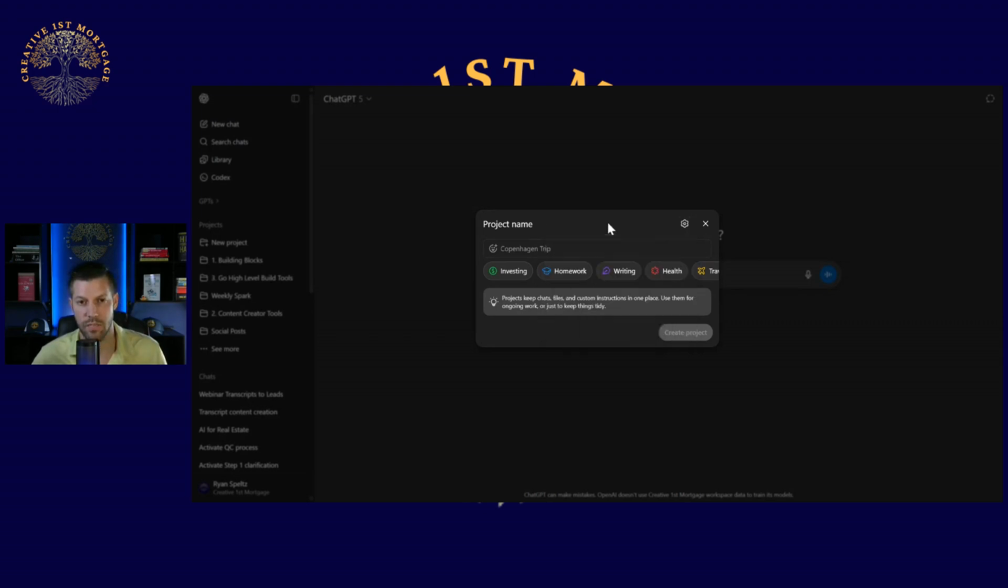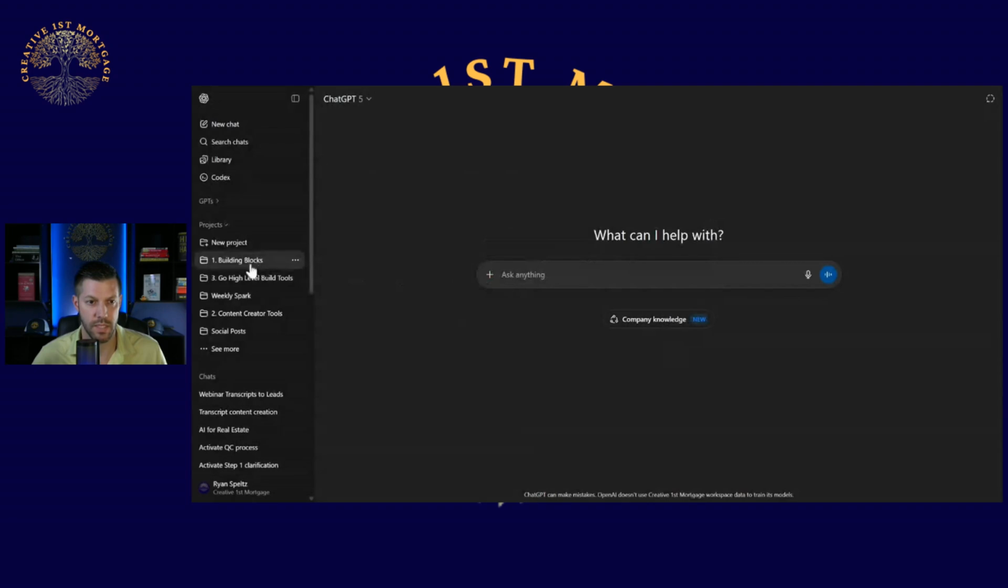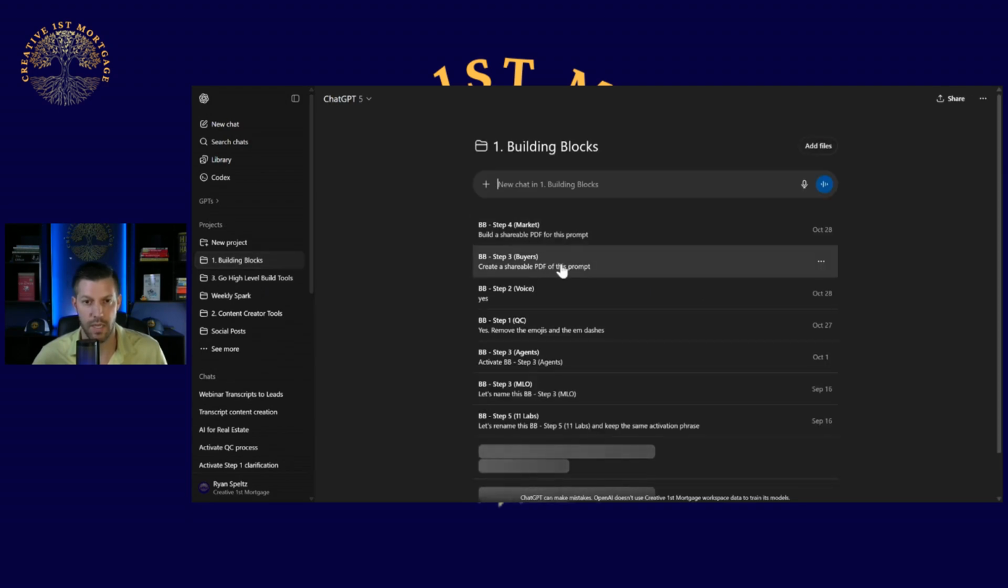So right now we're just going to be pulling on the chats as we pull them up. We're going to set it up as a default, and then you would just name it one building blocks like I have on the left side, and then you click create project. So building blocks is here. That would then be an empty project. The chats that you're using to create the prompts that we're talking about, so the 1-QC and market, buyers, voice,